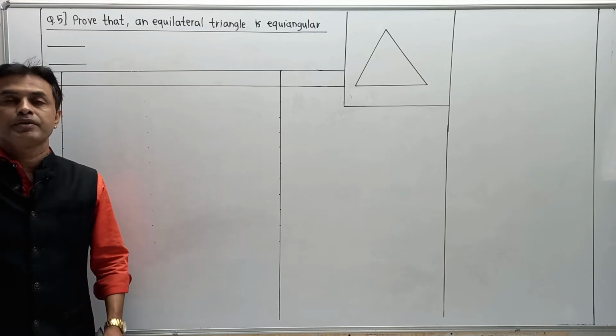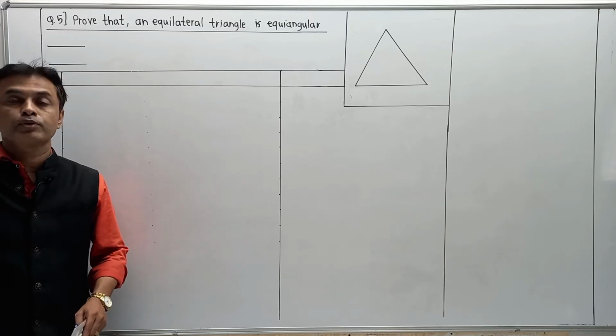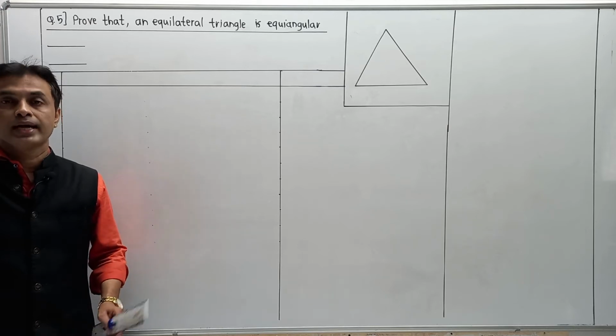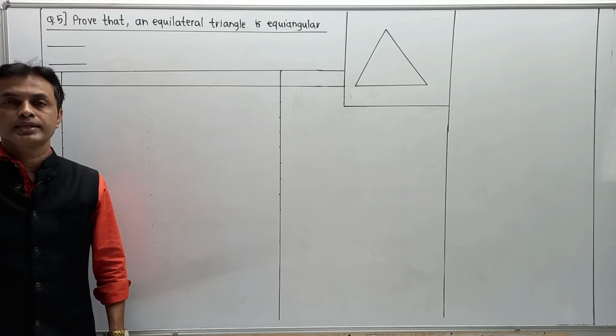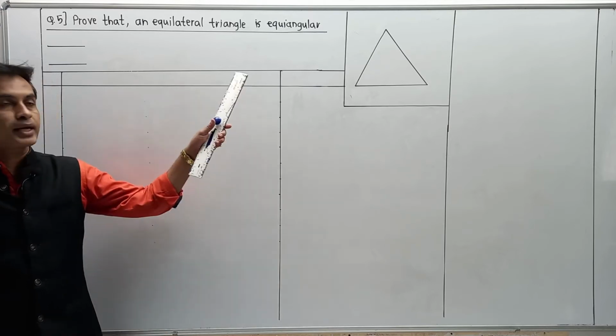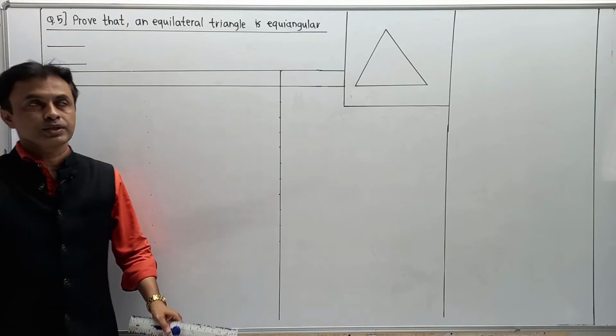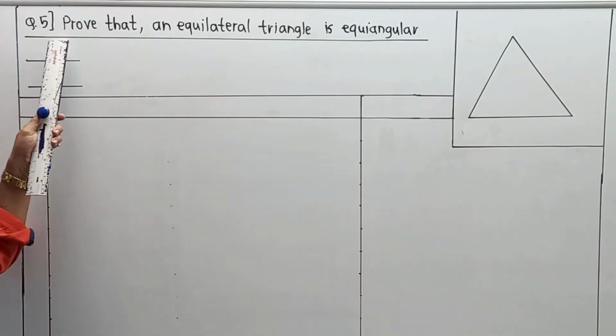With the help of the statement, we have to draw a diagram, write the given with the help of the diagram, then write what is to be proved, and then write the proof. But how to write it systematically? In this numerical, I am going to try to make it clear so that the maximum number of students can understand the methodology. And the part is question number 5.